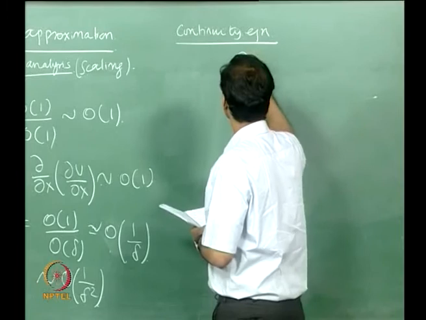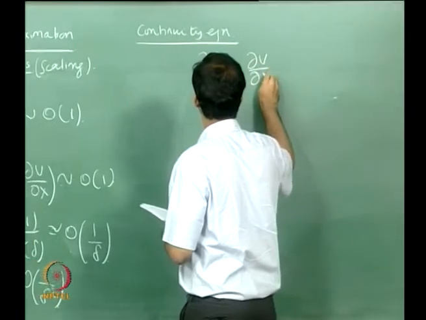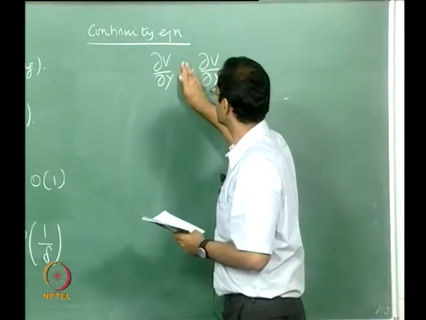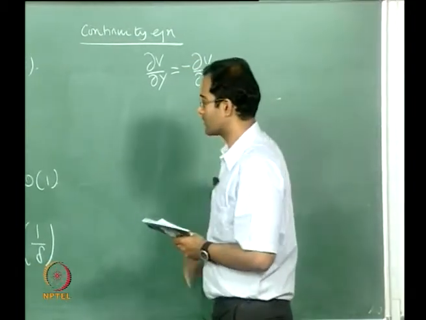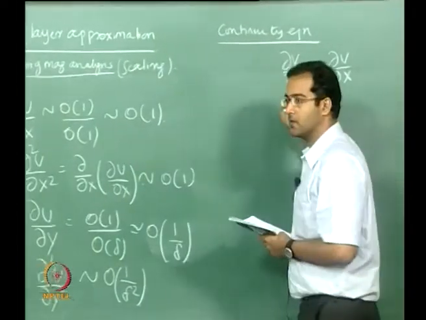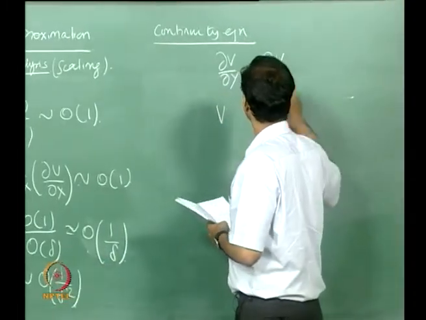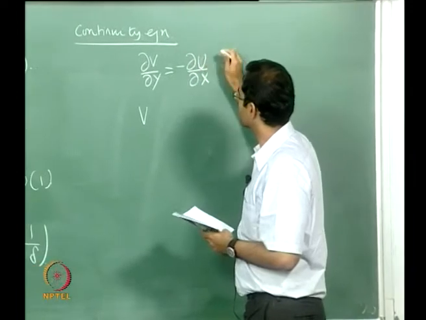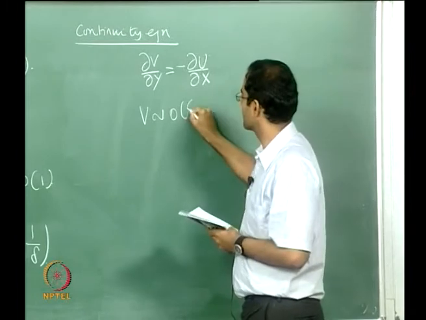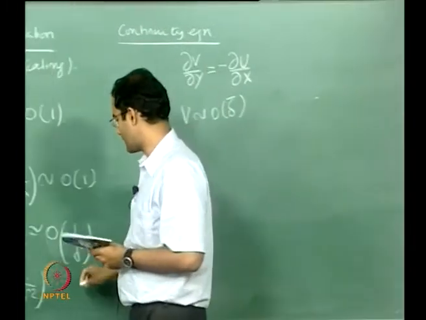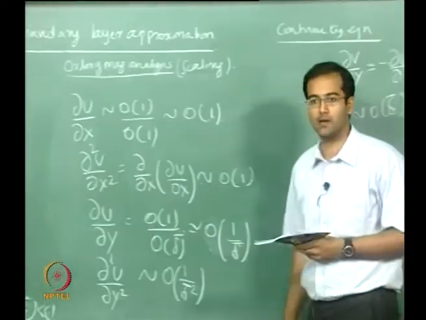So we can say dv by dy is of the order of magnitude of du by dx, correct? So this should be exactly minus of this, right? I know my dv by dx is of the order of magnitude of 1 and my v is of the order of magnitude delta. Therefore, yeah, this is u, right? So therefore v should be of the order of magnitude delta. When I use delta here, it is the non-dimensional delta, so you can put an over bar because all these are non-dimensional variables.